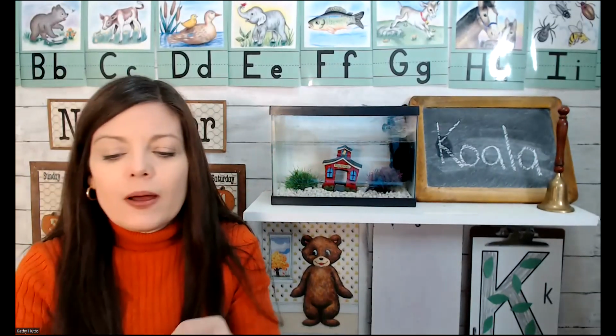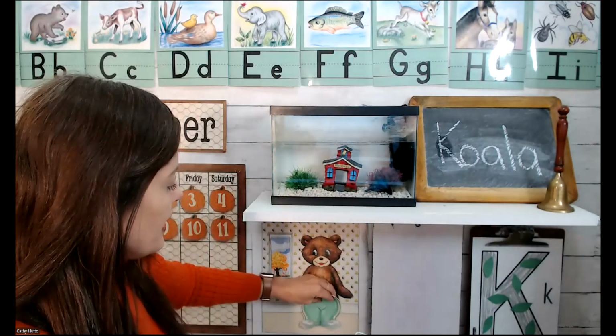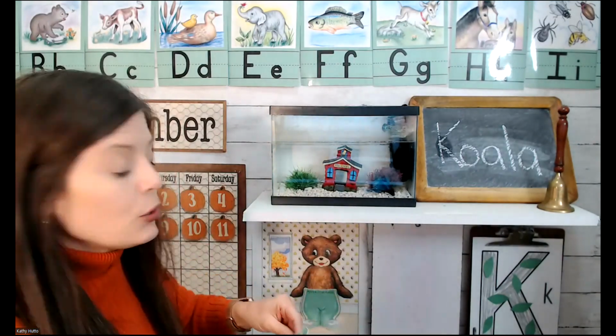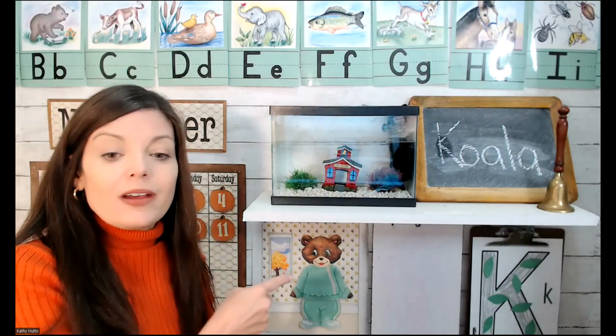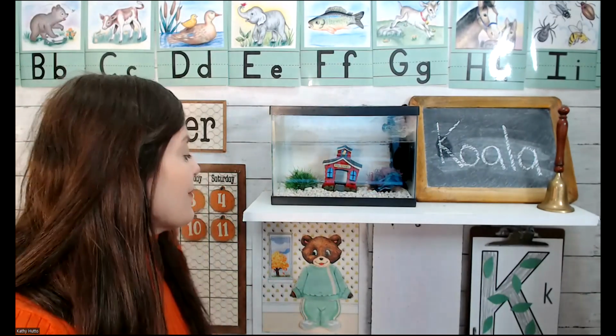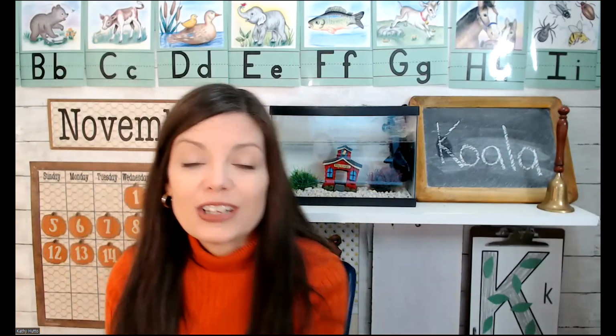Well, let's dress Weather Bear. Today we're going to put on a little tracksuit for Weather Bear. In our story, Koala Lou, the koala bear, is going to have a race and be wearing something like this. What is the season right now? It is fall. Good job.